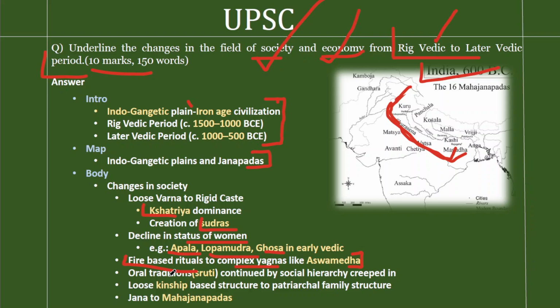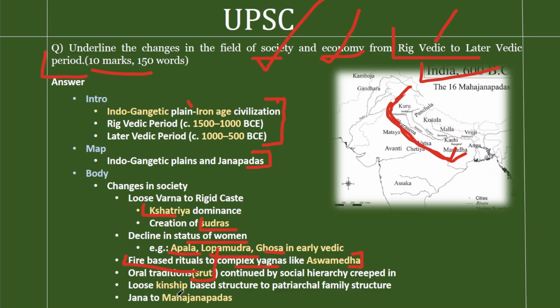On the other side, the fourth point is with respect to the oral tradition or education. Both in the early Vedic and later Vedic period, the tradition is oral. The Vedas, the Upanishads, the Brahmanas, everything is transferred through the oral tradition, or the Shruti tradition. In the later Vedic period, this tradition has a social hierarchy embedded in it, which means people belonging to the lower caste cannot participate in this oral tradition, lower castes as well as women. So it's an extension of the previous point, but it is with respect to the nature of education in the